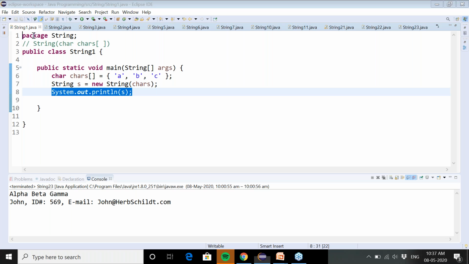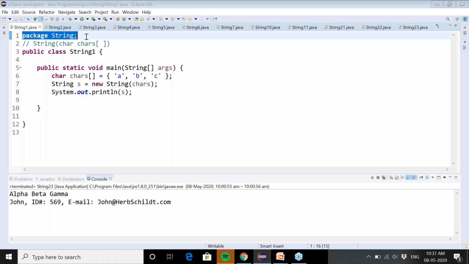As we discussed in the package chapter, whenever you create a package, the classes that you create will be put into that folder in the drive. The only reason for using this package command is I want to keep all my 24 or 25 programs in the same folder, named string. So I named it string, and it created one folder over there in the drive.